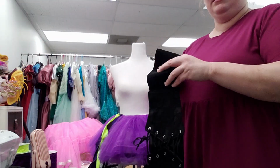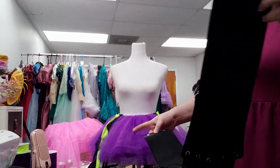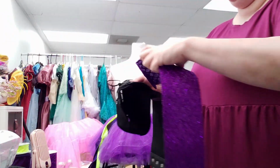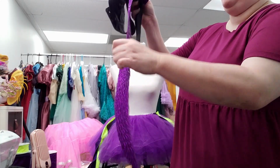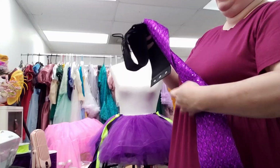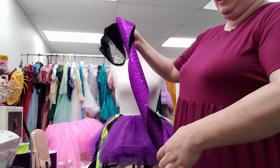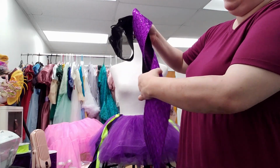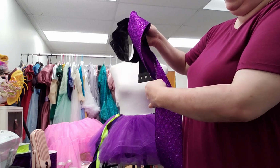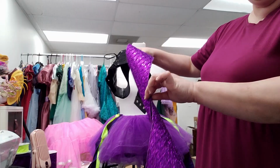I have this belt, it's like an elastic corset looking belt, and I'm going to attach wired ribbon to it. Although this says it's wired, it's not very, doesn't want to stay, so I might have to do some tacking of it. But for her tentacles,